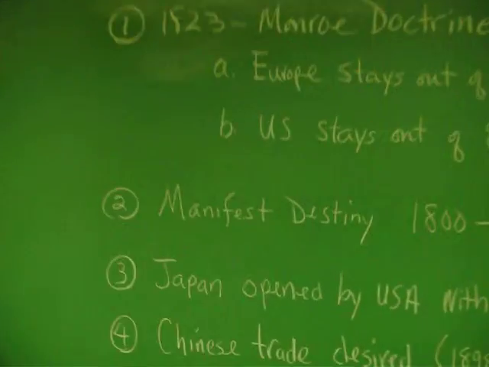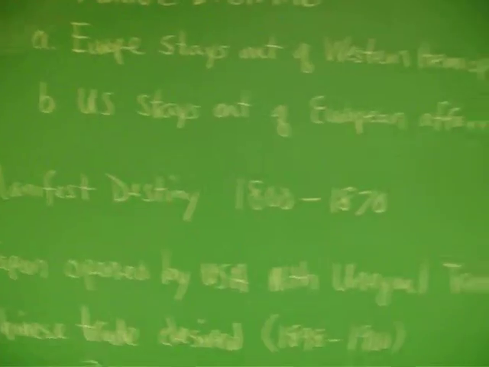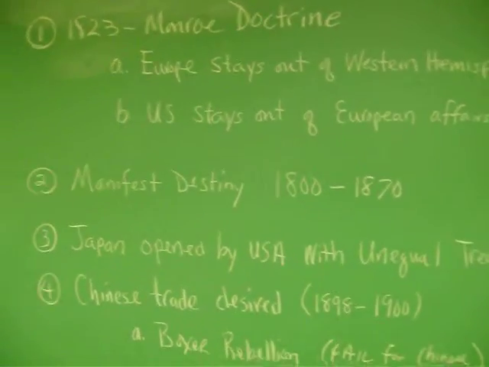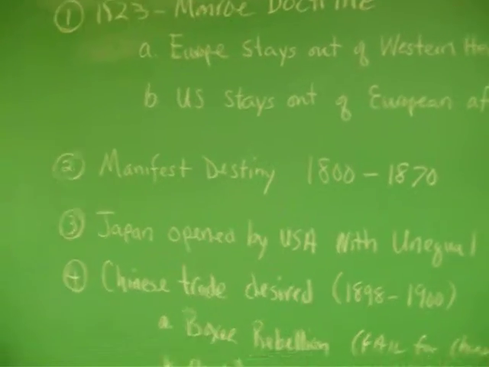We're talking about foreign policy when we're talking about the Monroe Doctrine. So just to carry on, you'll recall that number 2 here on my board says Manifest Destiny. This was the years 1800 to 1870. But we could really look at Manifest Destiny as being an entire unit of study that we did. And of course, we're talking about land that wasn't ours.